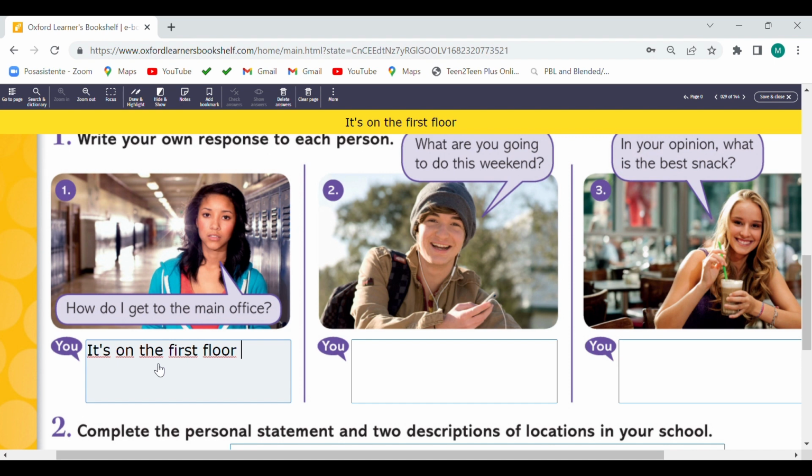It's on the first floor. Take the stairs and turn left. Está en el primer piso, tomamos las escaleras y giramos a la izquierda.